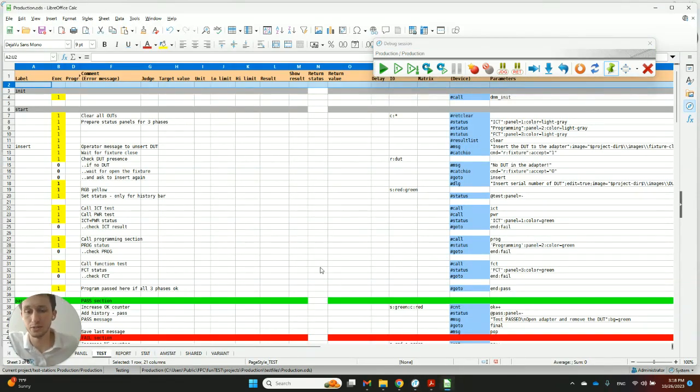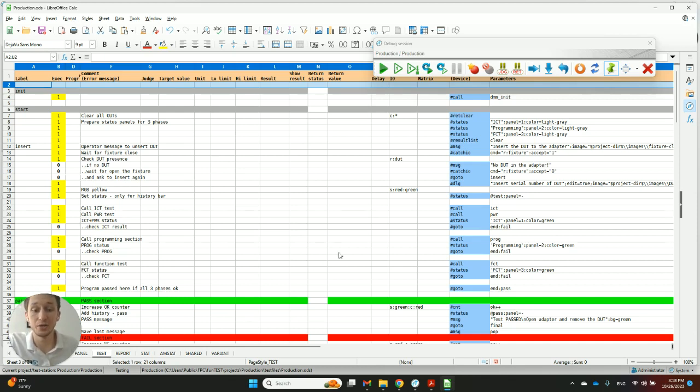The way you create test sequences in Funtest is through a spreadsheet editor. Here, I can define my test sequences, including measurement steps, pass and fail criteria, operator interactions to follow procedures, all the way to test reporting, and much more. All these steps are really easy to create without any programming experience. In the following videos, we'll dive deeper into what are the types of test steps that you can use.